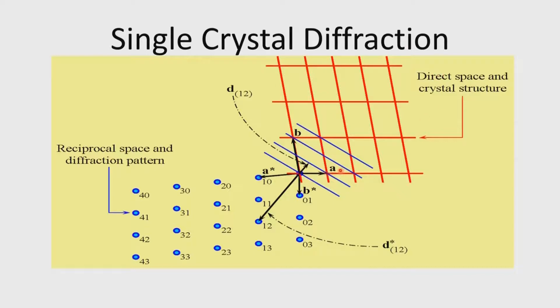So, the angle between A and B, which is gamma, will also decide the orientation of A and B with respect to each other. So, in other words, this angle which is here could be gamma, because these two are identical. I can show gamma here, I can show gamma here, I can show gamma here, I can also show it here. So, this you know already. So, we have therefore a direct space and a corresponding crystal structure.